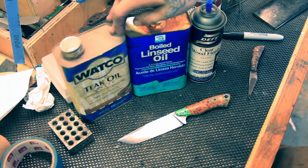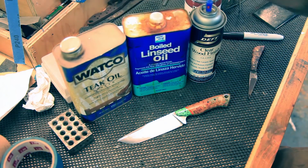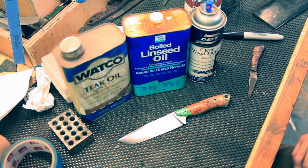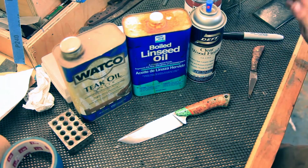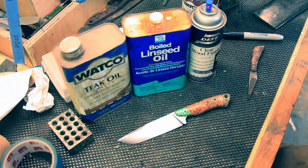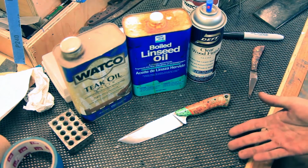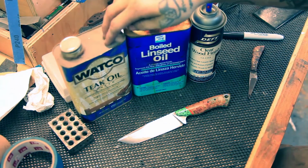Teak oil is, from what I understand, oil from resinous woods mixed with some chemicals and thinners and whatnot. Now, all of these are toxic finishes. All finishes are toxic, even this butcher block finish, which we're going to get into. The reason it's toxic is because it's full of solvents. So the actual thing in there, the oil,